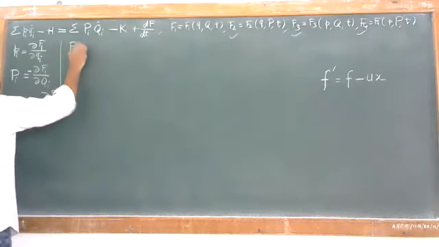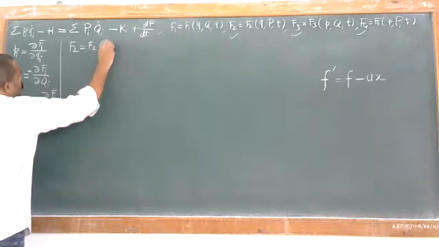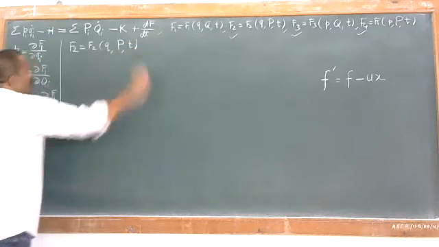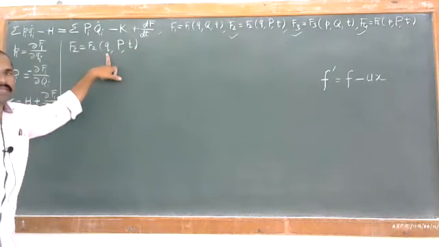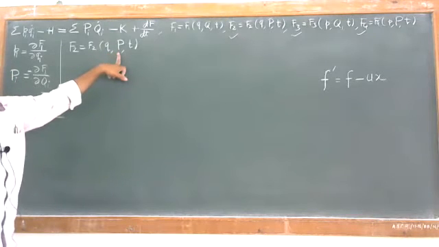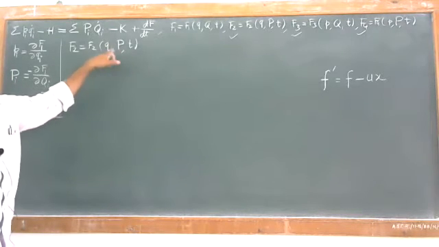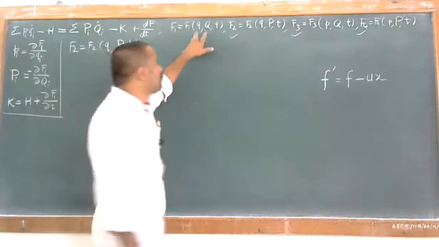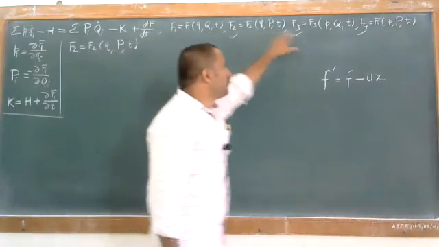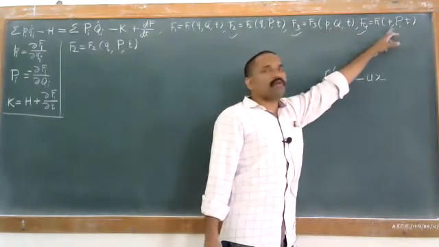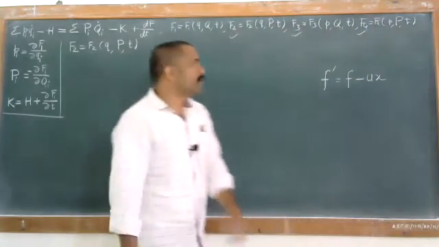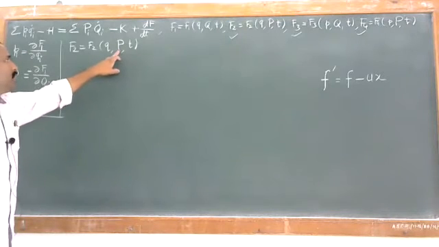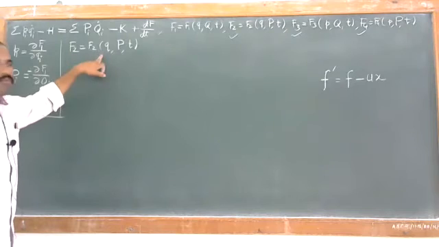So say this F2 is nothing but F2 of small q, capital P and T. Small q is the generalized coordinate, then we have the momenta and then time. So q, P, t, where q and P are treated as independent variables. We said earlier that small q capital Q, small q capital P, small p capital Q and small p capital P are the independent variables. Now what are the independent variables here? They are capital P and small q.